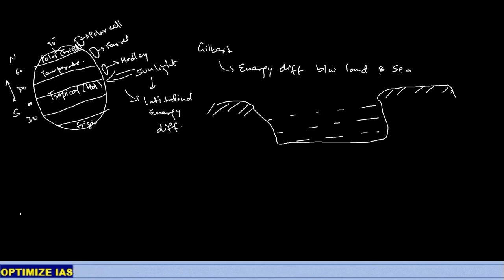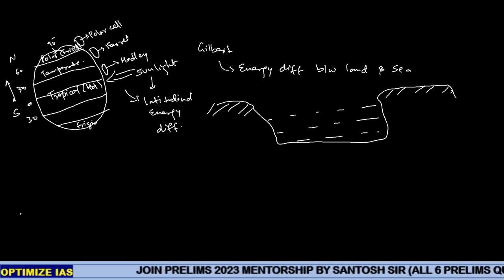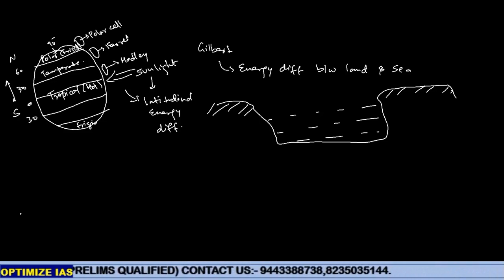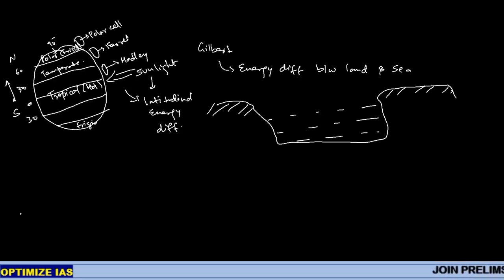So how did Gilbert Walker come to this kind of logic? The amount of heat energy falling from the sun is falling on both land and the sea. Who will be trapping more solar energy? Come on, look logically. Please listen to the question very carefully. When sunlight is falling on the land part and sea part, who will be absorbing more sunlight? The answer is ocean, right? Water is the largest heat absorber.